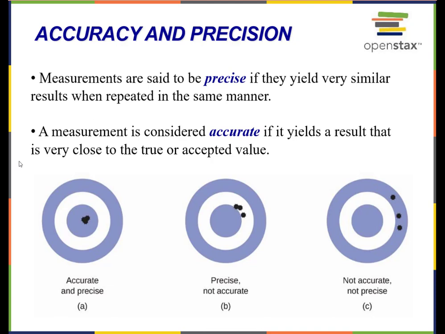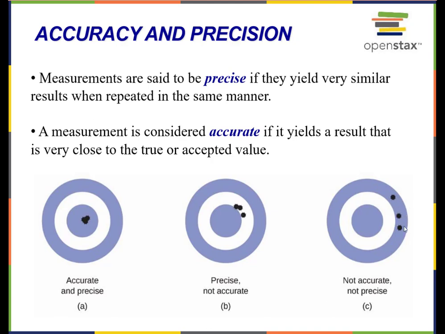So the difference between accuracy and precision is illustrated pretty well by these three pictures here. Precision is when I'm doing target practice and all of my shots are grouped together really tightly. So here is an example of 3 shots that were very precise, but they weren't particularly accurate because they weren't in the middle of the target. Maybe the sight on my gun was not calibrated properly. So I was aiming at the middle every time, but the gun was ending up over here every time. So this is precise, but not accurate.